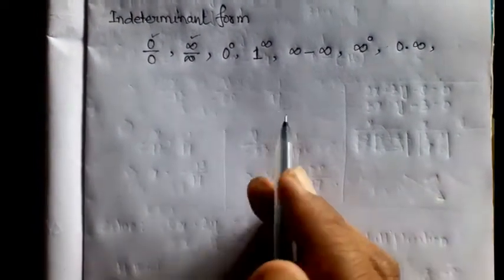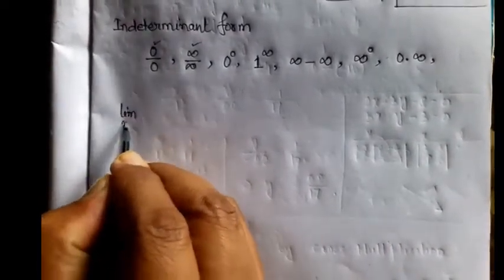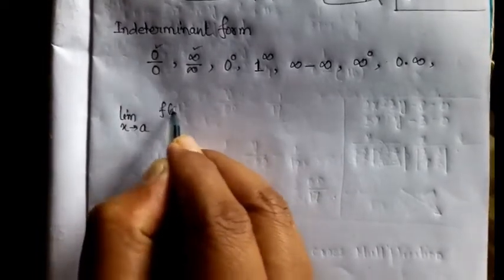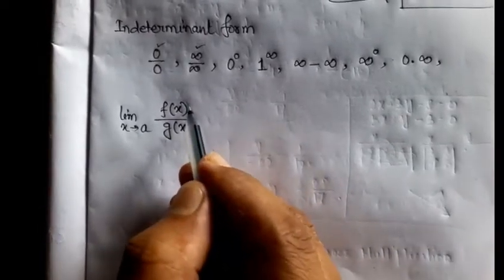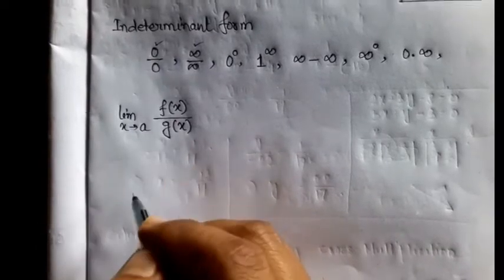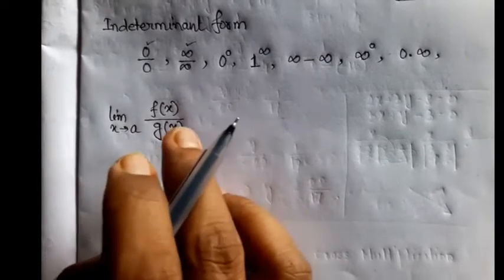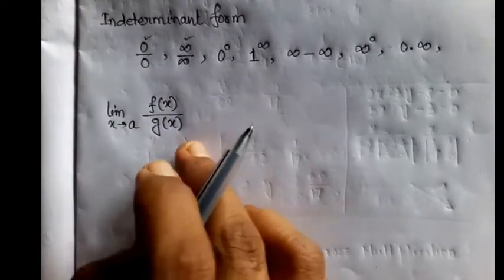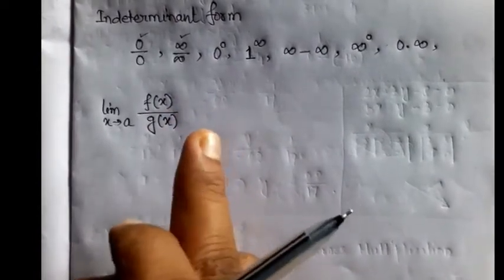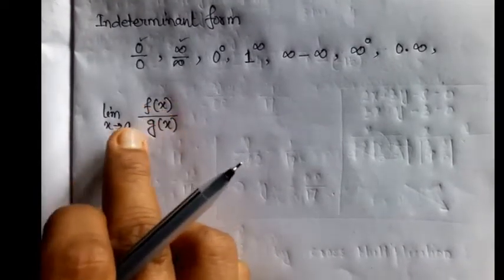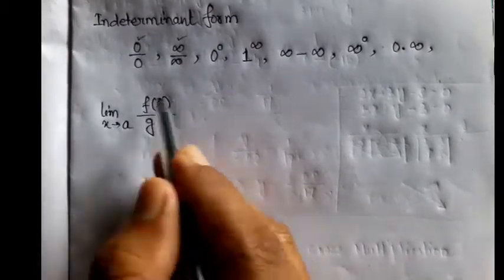So I am discussing here what L'Hospital rule is. Suppose you have a limit, x tends to a, where in the numerator a function f(x) is there, and in the denominator g(x) is there. That means in the numerator there is an algebraic expression, and in the denominator there is another algebraic expression. So how to solve a limit? I hope all of you remember that in the chapter limit, your first target to calculate the value of a limit should be to put x equals a in this quotient of the two functions.